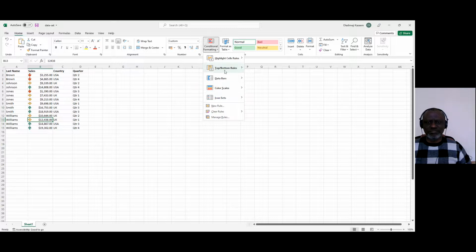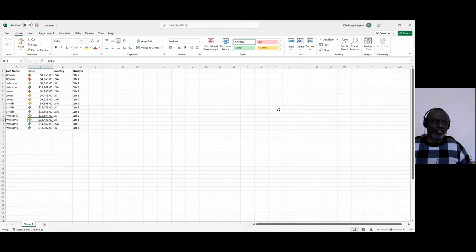You can do top 10 items, top 10%. So all these are things that the system allows you to do based on what you may want to do. But as you get along into the advanced part of data analytics, for some of you that will go into data analytics in life, you will understand more about this. Now the next thing that we want to do,